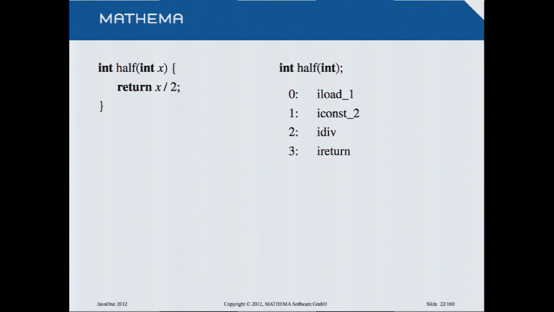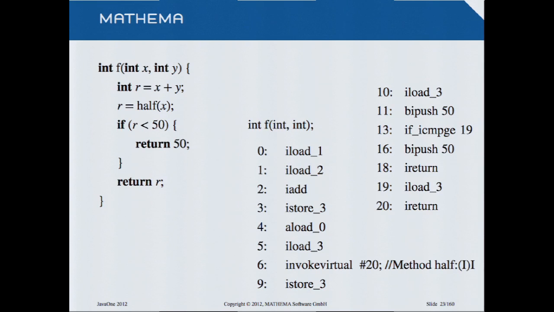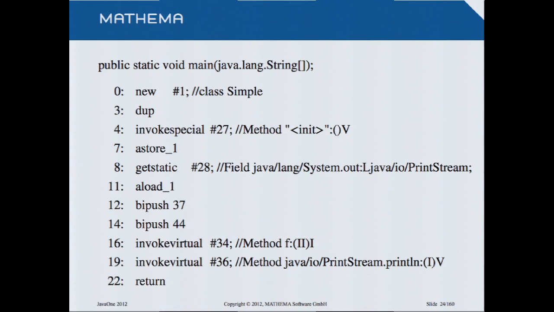And you can see if you have little instructions on the left side, you have little instructions on the right side. Let's take a look at the other thing. You see now it's becoming more complicated because we have local variables, we call a method, and you find this all here in this bytecode. Just to show you how this works, the main method looks more complicated because long things are standing here. This is because if we use a static variable, then we need to define which field is used.